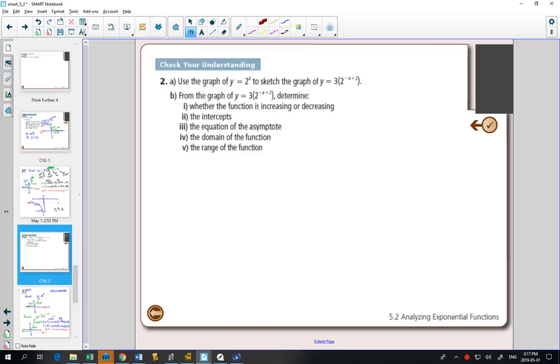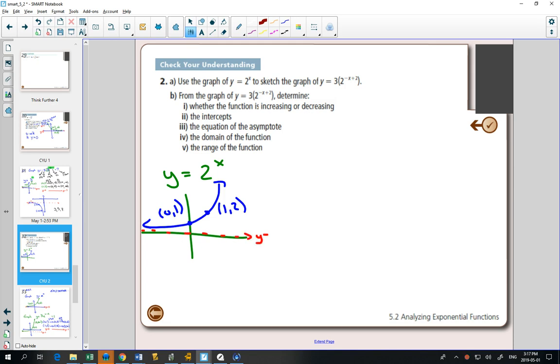Use the graph of y equals 2 to the x to sketch this new graph. Now, they wouldn't necessarily have to tell you that. You would have to say, I noticed that that's the parent graph, and I know what my parent graph looks like. It has the points (0, 1) and (1, 2), with an asymptote at y equals 0. And I want to graph y equals 3 times 2 to the power of negative (x minus 2),